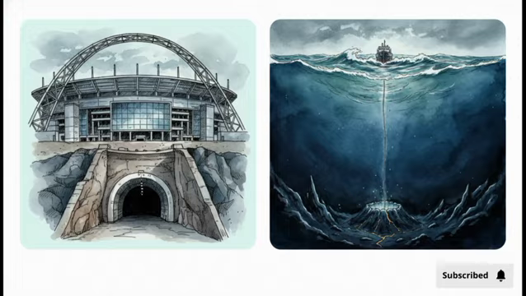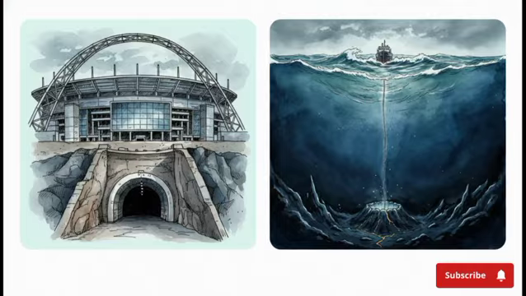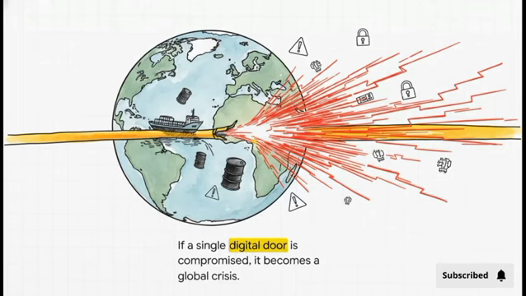It really echoes those historical workers who braved 50-degree heat and crushing physical pressure just to connect Europe's early trade routes. Okay, so here is the crucial takeaway. Because our entire digital world relies on this hyper-precise underwater infrastructure, we are facing a massive, massive vulnerability. In geopolitics, there's this concept called the Malacca dilemma, which is basically China's fear that its oil supply could be cut off at a physical choke point. But if even a single digital door is compromised, that isolated fear instantly transforms into a terrifying global data dilemma